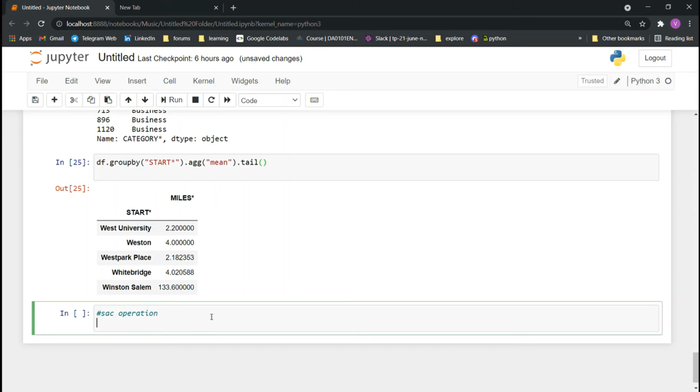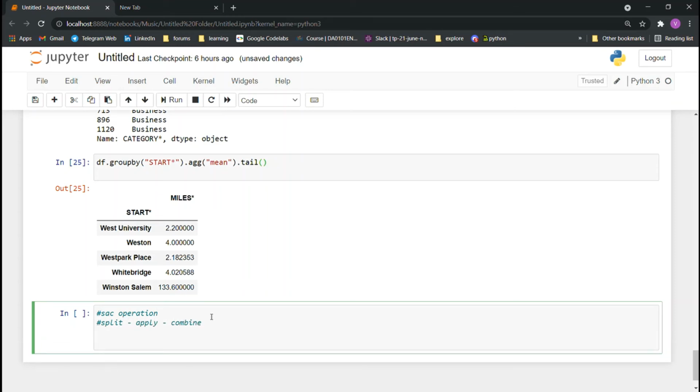We use SAC operations. SAC stands for split, apply and combine, and we can group multiple columns using the same mean, and we can use mean, sum and so on. I will show how to do this.